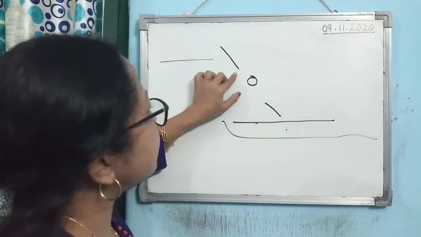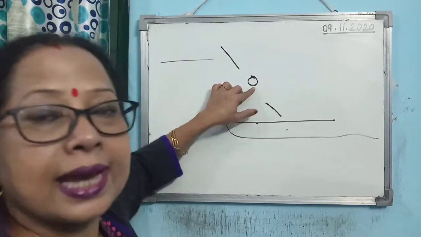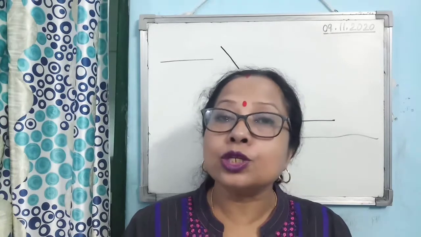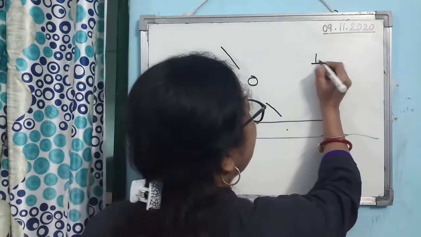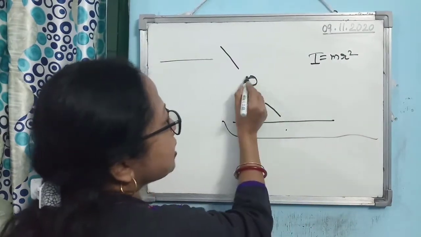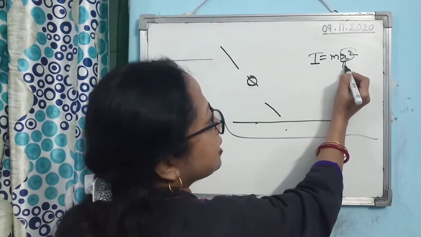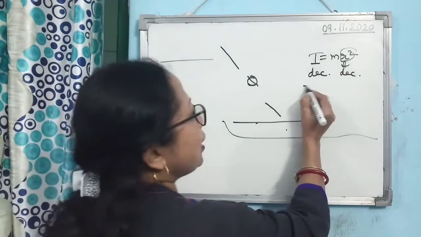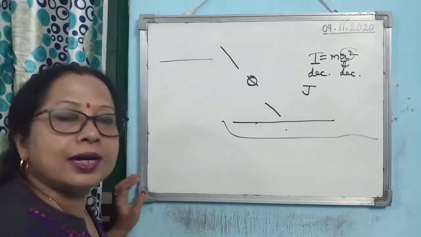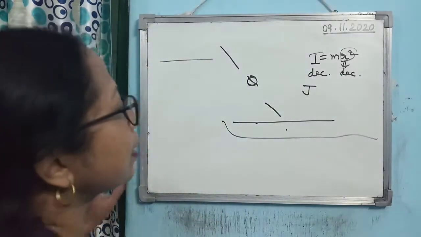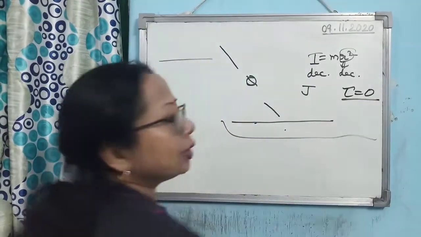So what is happening when they are pulling their hands and legs to the axis of the body? R is decreasing, so the moment of inertia is decreasing. You know, I is equal to mr square. When hands and legs are near the axis, R is decreasing, which means the moment of inertia decreases. But as we know, on the diver no external torque is acting. Is there any torque acting on the body from outside? No. So you can say that the external torque acting on the diver is 0.